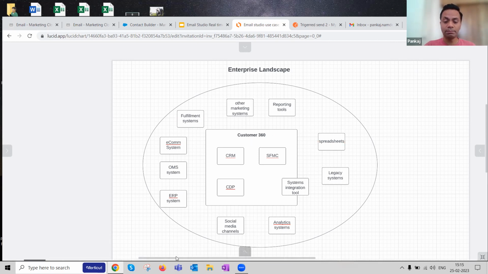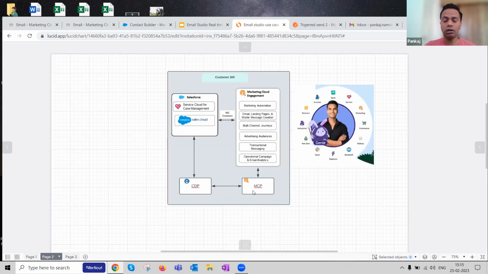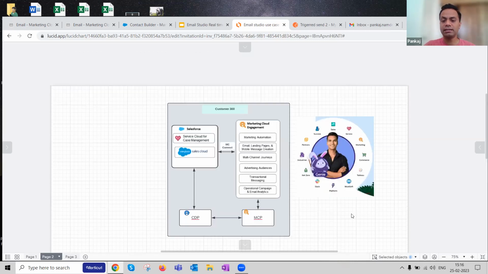So that's one thing. The second thing I wanted to draw your attention to was zooming in one level down. Now I got into Customer 360. Within Customer 360, these are the different systems that I have depicted. By no means is this the full definitive list, but certainly these are some of the systems. On the right-hand side is a list of all the systems that can be under Customer 360. But in the context of our conversation today, we'll be looking within Marketing Cloud, and within Marketing Cloud, at Email Studio.